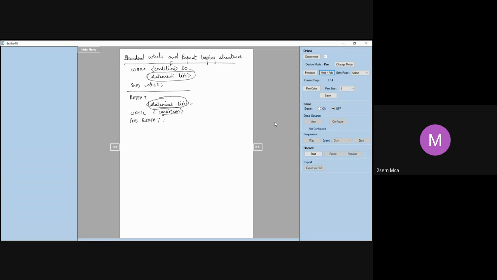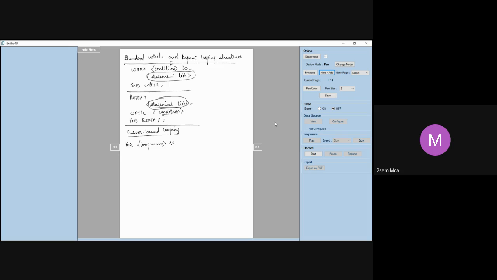You can also have cursor-based looping. Cursor-based looping means, for example, for every row in the query result you want to execute. The loop is executed once for every row, for every tuple. Then you make use of a cursor. It is something like your for loop. You will write it as for loop name.